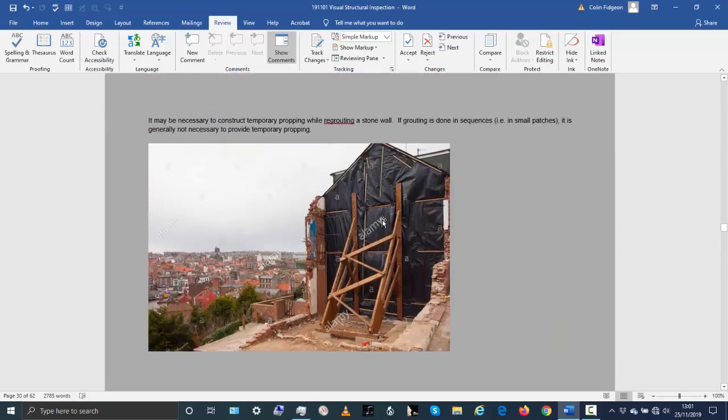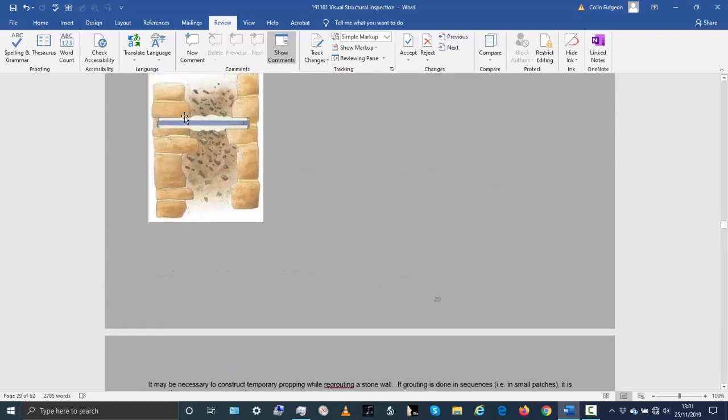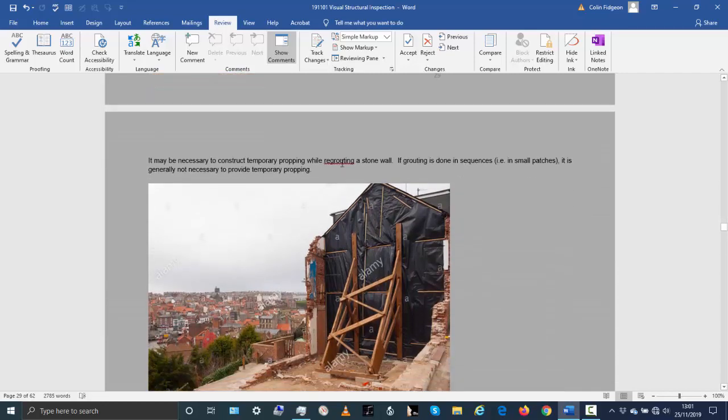The other thing I was going to point out was there are many areas in your stone where, if you do decide to remove the cement render, it's necessary to do some regrouting. And sometimes when you do regrouting, you need to prop the wall.